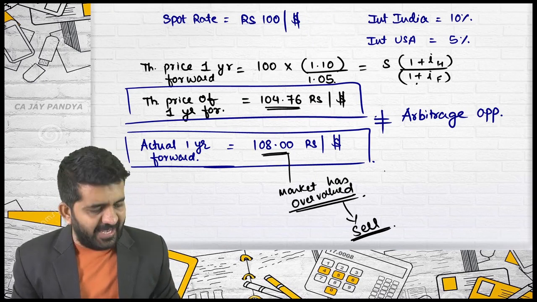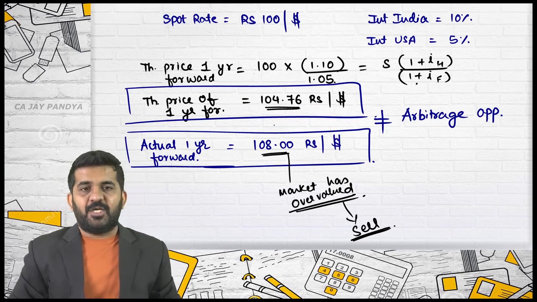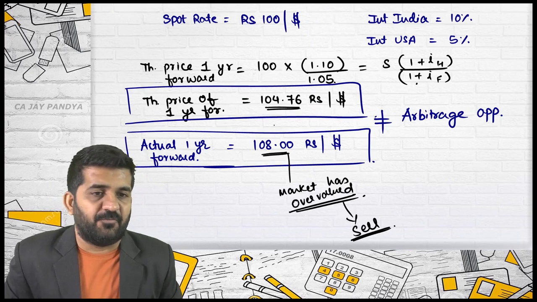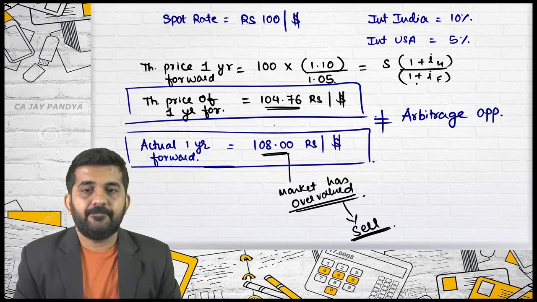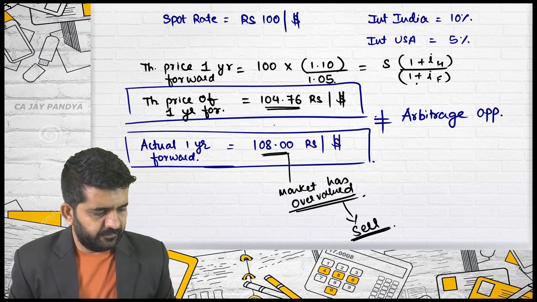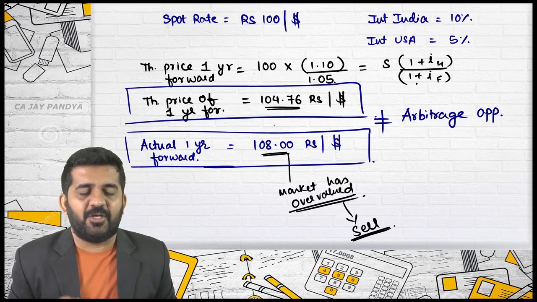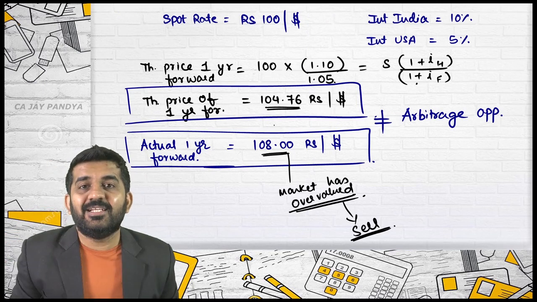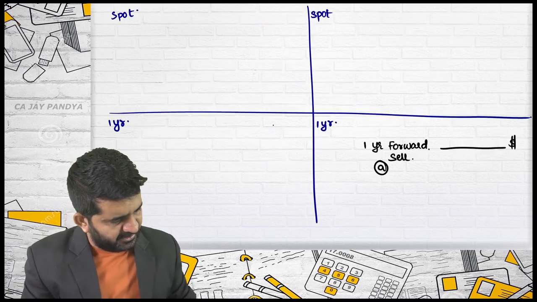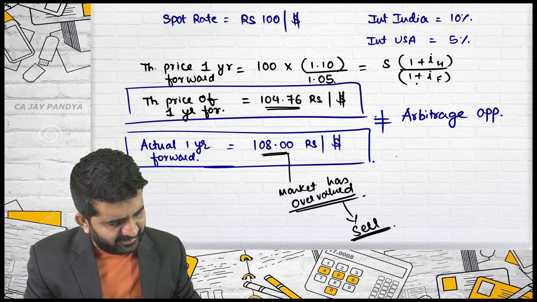At what rate? Mehak, 108 or 104.76? I am selling 1 year forward of N dollars in forward market. We can sell only at the actual rate. Why can't you sell at 104.76? So that is theoretical. There is a theory we have found in a book, but that is not actually traded in the market. Yes, you are correct. So it will be at the rate of